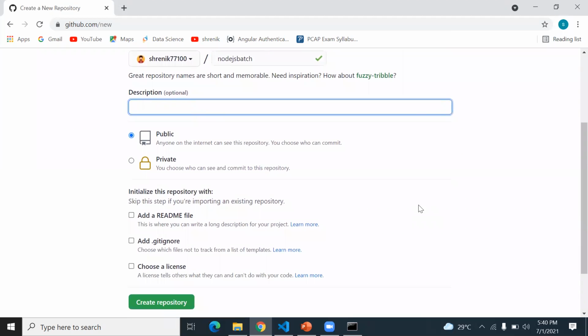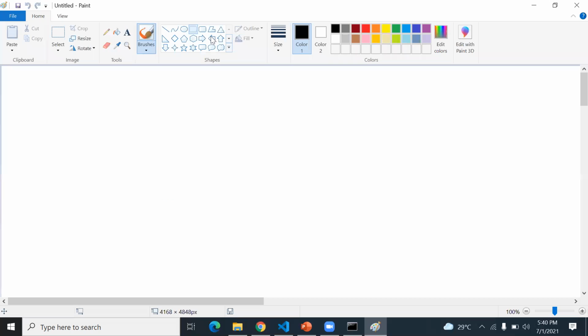The question is why use the Git repository? In simple words, I will explain to you. There are a lot of things to discuss about the Git repository, but in the shareable notes, I will explain everything about this Git repository. Now you just understand this Git in just 2 minutes.